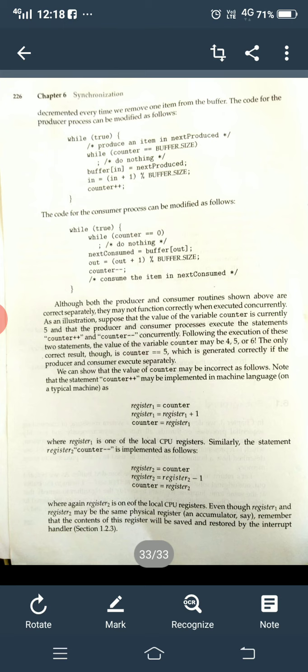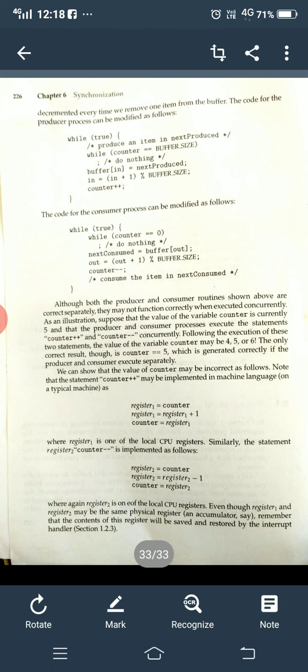Sometimes only incrementing is done, sometimes only decrementing is done. So finally we get an inappropriate result because of the counter variable. So this is a race condition. In such conditions we require synchronization.